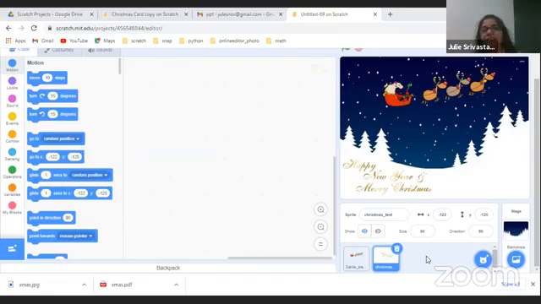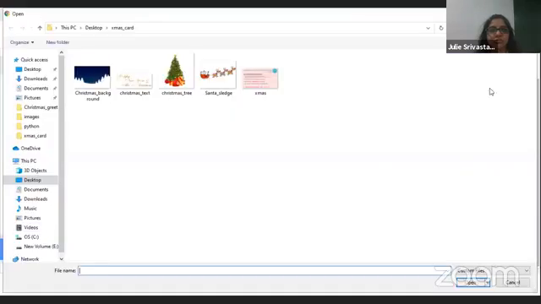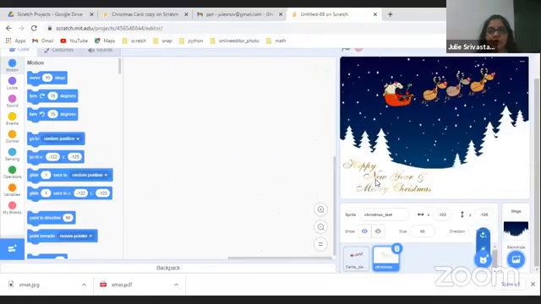So just like we uploaded the sprite Santa with the sledge here, we are going to upload the sprite Happy New Year and Merry Christmas. It's an image that you have downloaded out of the 4 images. You just need to go to uploads, choose a sprite, upload a sprite, go to Christmas underscore text. The text will be somewhere here. You need to pull this text and drag it here. The only way you can pull it is you have to ensure that your cursor is on one of the text that is written. If it's on the empty space, it will not pull it.